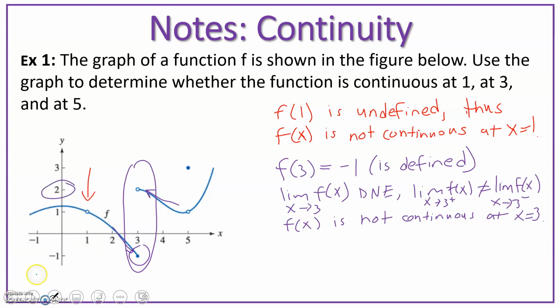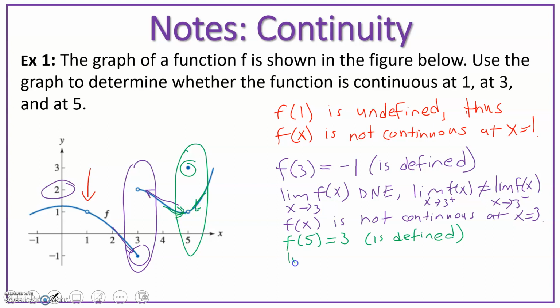Now let's look at our last one, at 5. At 5, we can see that the function is in fact defined. We can see that f of 5 is 3, therefore it is defined. We have a value. We can also see that if we approach 5 from the right, we're at 1, and from the left, we're at 1. So we can see that definitely the limit of f of x as x approaches 5 is in fact 1,